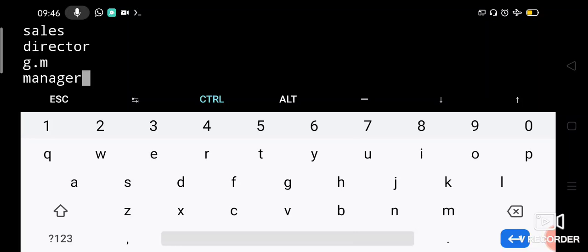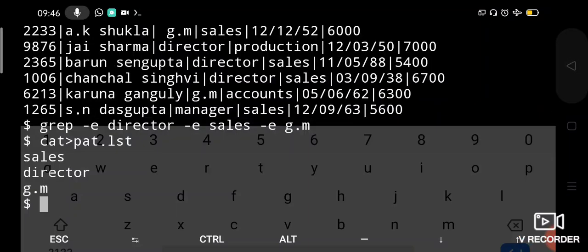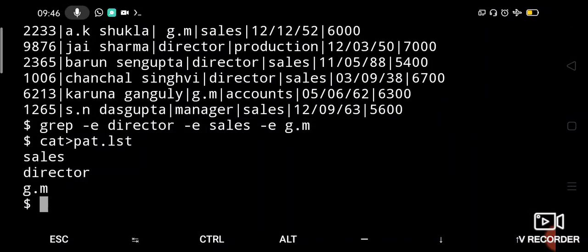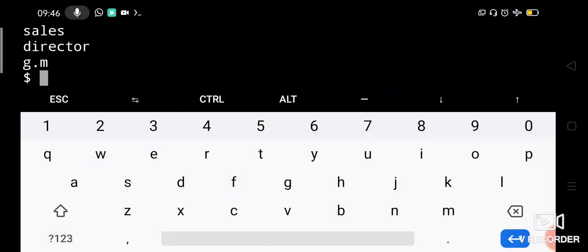So multiple patterns I have stored in a file. You can see here these are the patterns I want to search, which I have stored: sales, director and GM, in pattern.list. Now I will give that pattern file as the argument for grep.